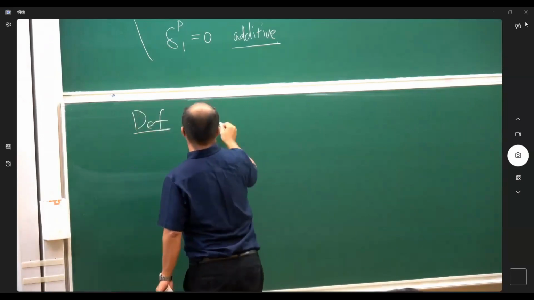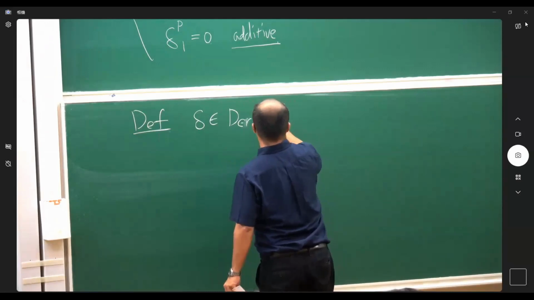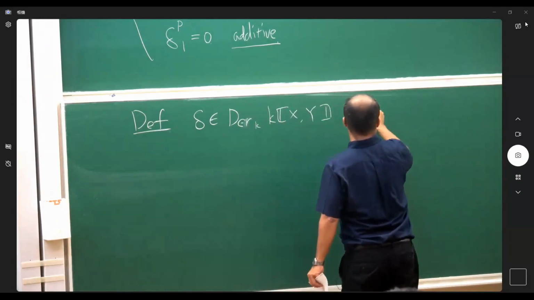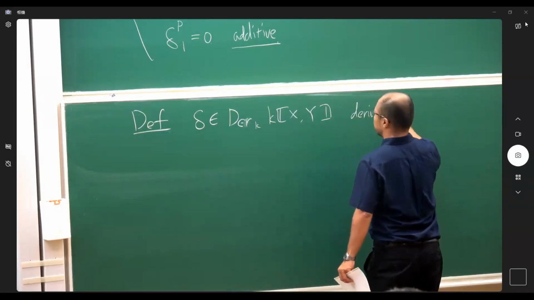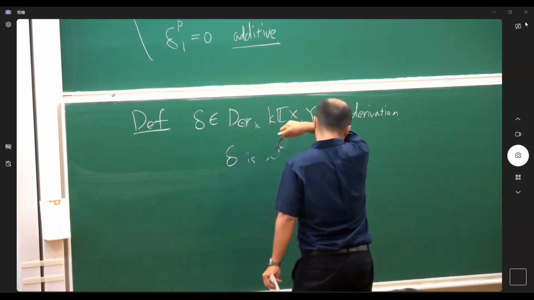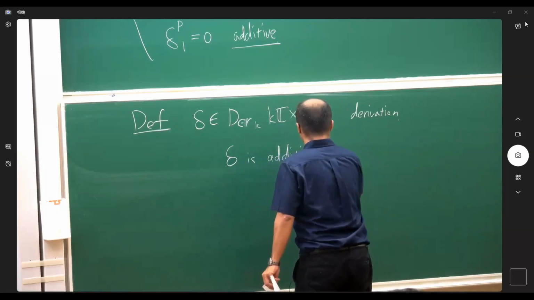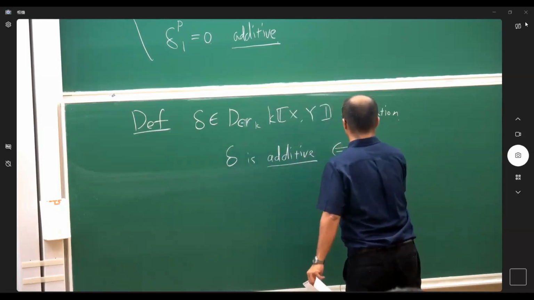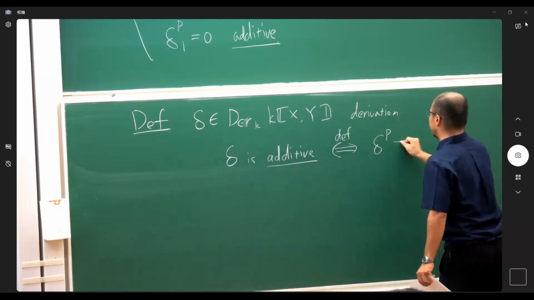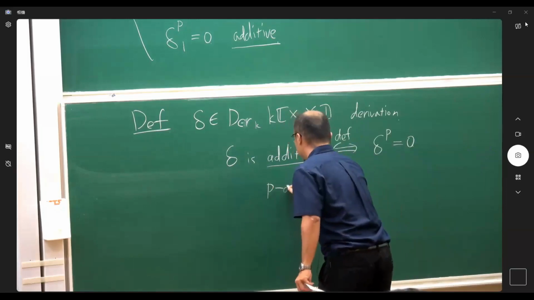We take a derivation delta over k. Then delta is called additive if delta to the p is 0, that is, p-closed, and also